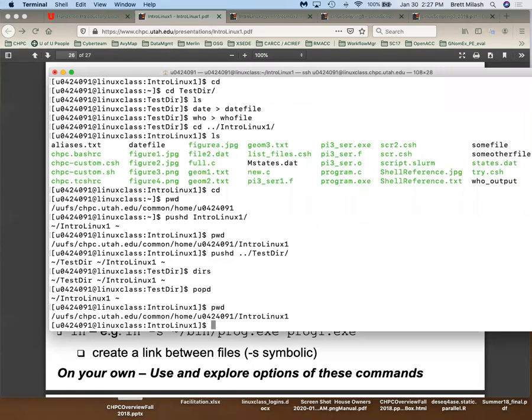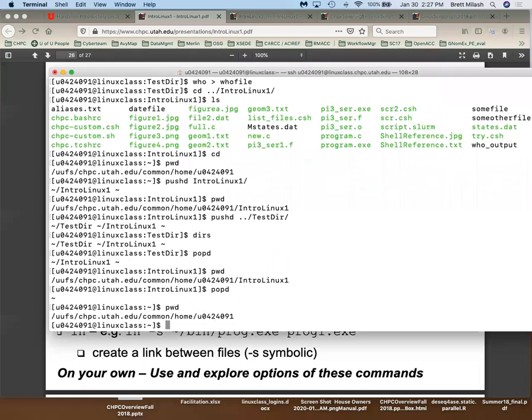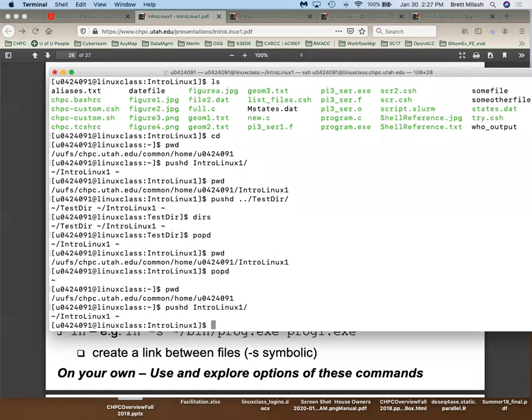I didn't have to tell it to go back to intro Linux 1. It remembered from the time I was there. I can popd again, and it takes me back to my home directory. So pushd essentially commits to memory the place where you were, and then popd backs you back out from that stack. A really common way to use this is to pushd to some directory, and then I might pushd to a different directory,